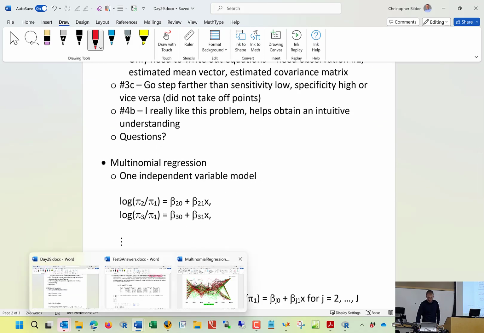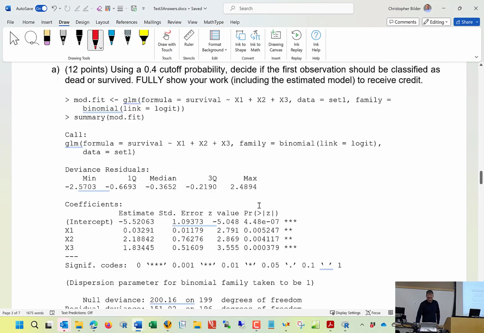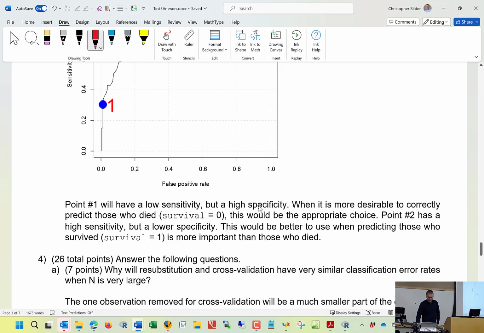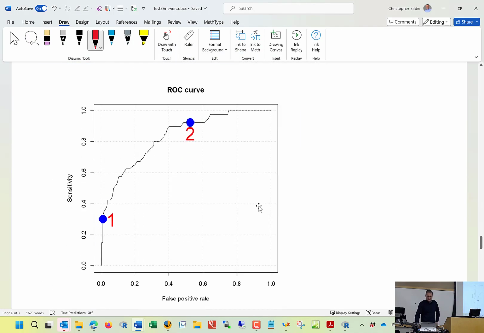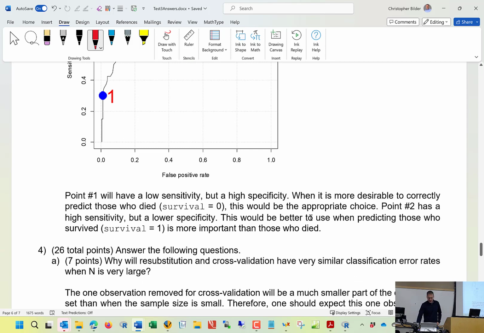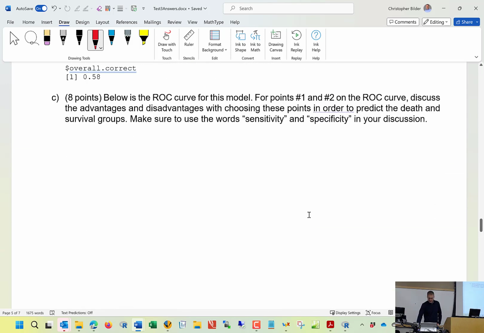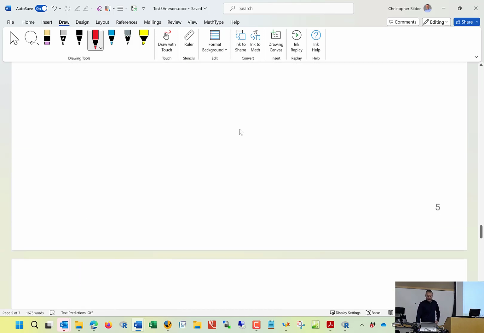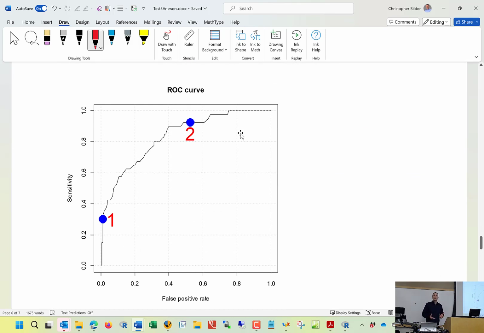(3c). So we had this ROC curve. Yeah, I wanted a discussion about, okay, how did I word it here? Advantages and disadvantages of 0.1 versus 0.2. And so the purpose of this problem was to show me that you have a general understanding of what